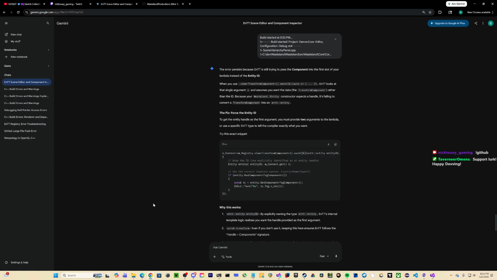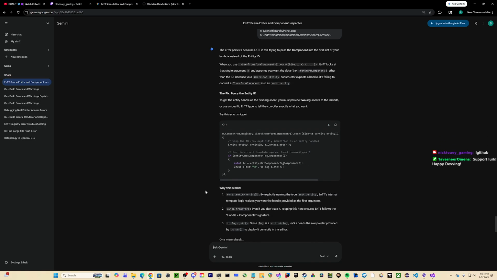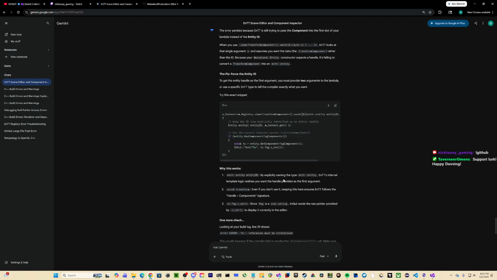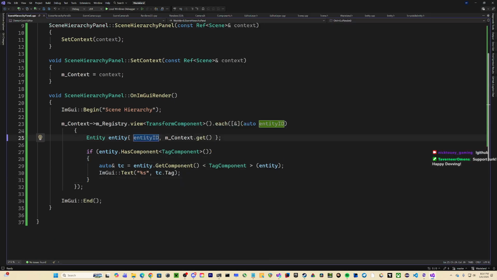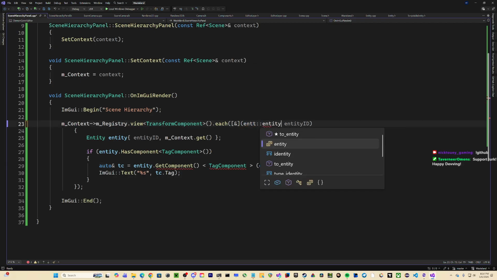Each auto. Entity ID. Auto transform. Yeah, but that fucks the entire thing up.